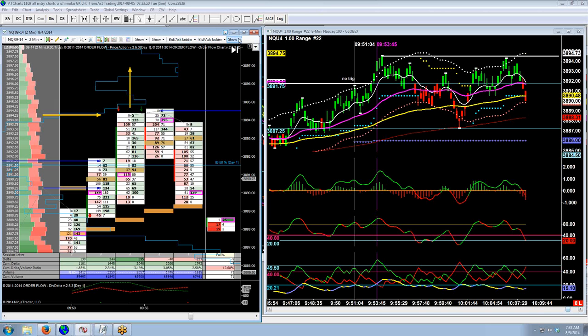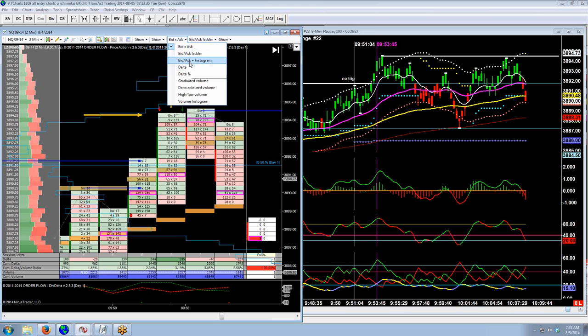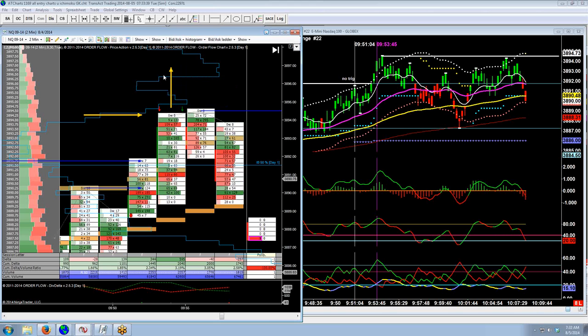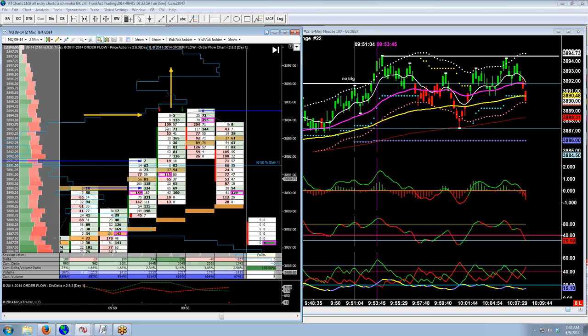One of the other options you have is, with one click on this chart, you could change the way that you're looking at this. So I'm looking at it as a bid and ask ladder. You can change it and look at it like bid and ask, like that. You can change it and look at it as a bid and ask with a histogram. It's whatever your preference is. You can just look at the delta. Remember, the delta tells us the negative is telling us that there's more sellers, positive telling us that there's more buyers. So you have many different options at the touch of a button. And this is the one that I find is working best for me,